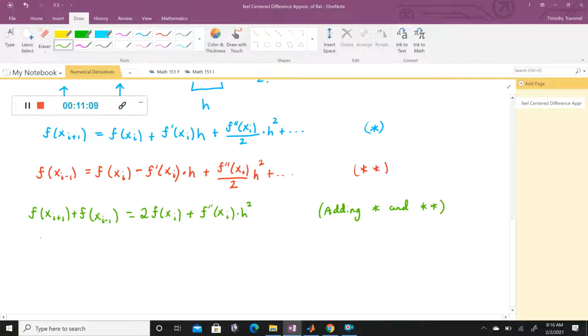And so let's again finish solving here. If we were to move things around a little bit, let's just subtract by this on each side and then divide by h squared. So that's going to look like f double prime of x sub i is equal to, and I'm going to write this in the same order that it's going to appear in your textbook, but we have these two added together minus this one. I'm just going to put this right here in the middle of them though. So minus 2f of x sub i